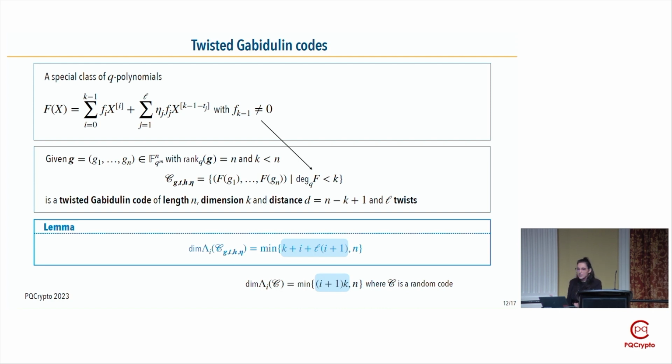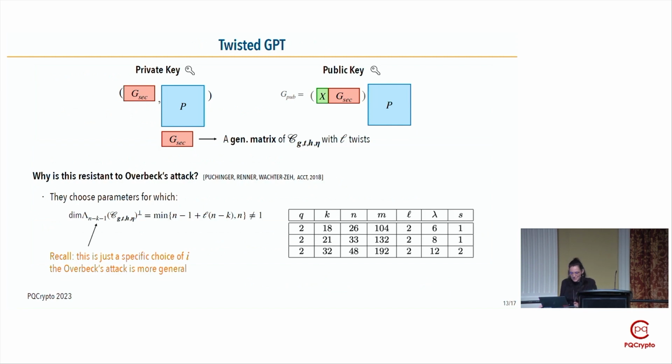And we can observe that even if the dimension is bigger than in the previous case, for some choices of I this dimension can be smaller than the dimension of the Q-sum operator applied to a random code. So we can get an intuition that we can have a criterion to distinguish even these kinds of codes from random ones. But nevertheless, in their paper of 2018,